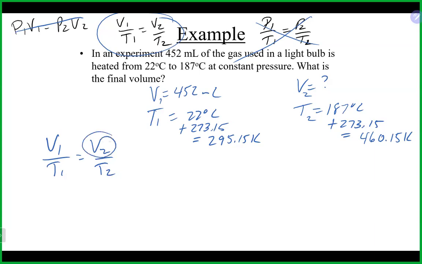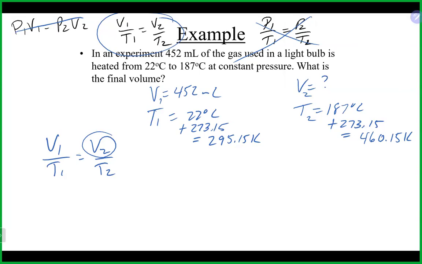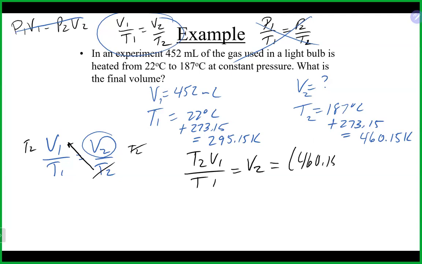We want to solve for V2. As I mentioned before, when you move something across the equal sign in gas laws, it ends up in the opposite location. So T2 is on the bottom; when it goes across, it's going to end up on top. That's because we're basically multiplying it to both sides there. And that's where we'll end up. So that gives us T2 times V1 over T1 equals V2. Popping in our numbers correctly here: T2 up on top, 460.15 Kelvin, V1 452, and divided by